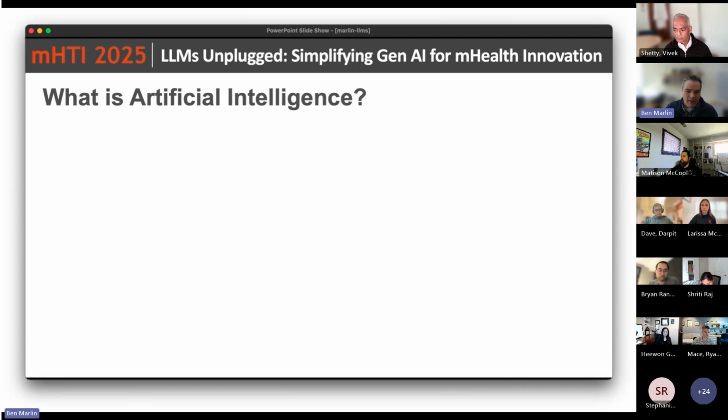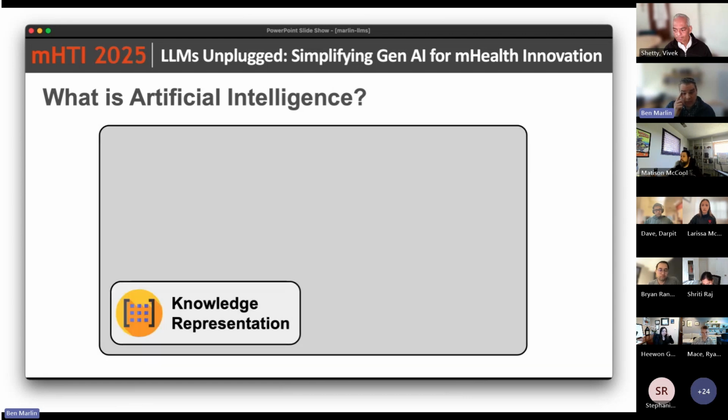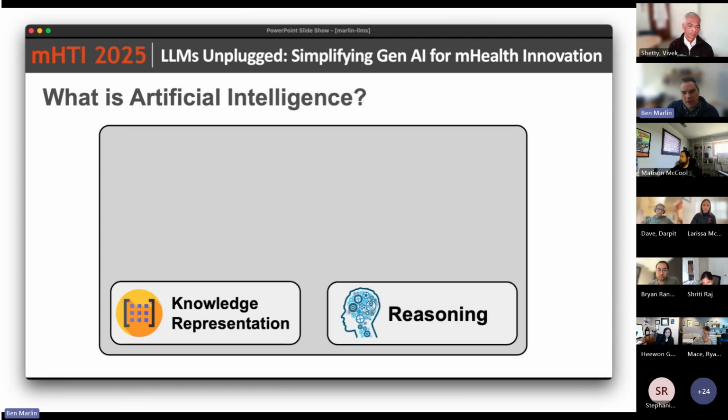So what is AI to start? As a research discipline, it encompasses a number of different specific areas. Knowledge representation is one. How do we think about representing what we know? How do we think about distilling data into different forms? Another sub area is reasoning. Once we have some information, how do we think about drawing conclusions? Reasoning can be logical, it can be probabilistic, there are different forms, but it's its own separate task. It encompasses problems like planning. Given information, how do we think about a series of steps to accomplish some particular goal?